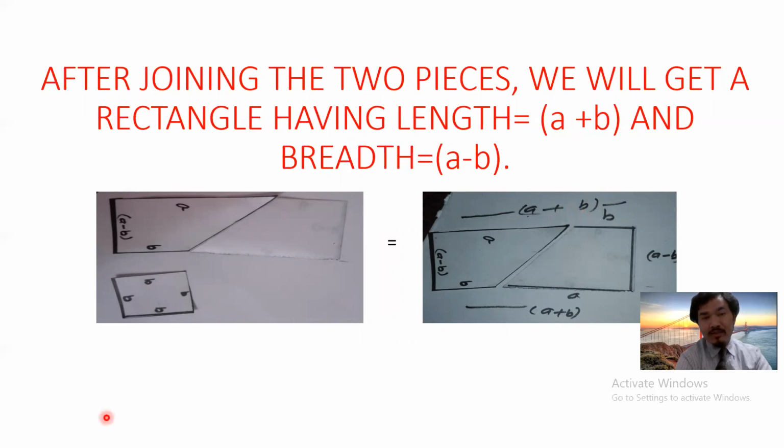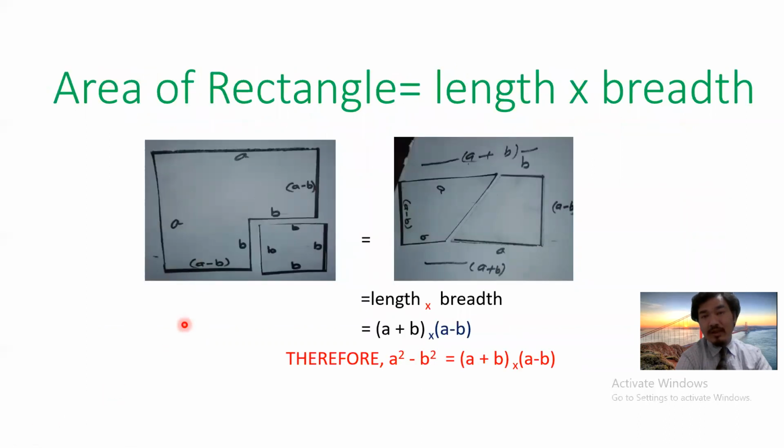Now let's move to the next slide. That is shown here. Look, it was the first one I want to show here. This big square was there at first. Its area was A square. Big one was A square, and from that we had subtracted this area whose area was B square. At last only this part, A square minus B square, was the area. From the big one we subtracted this B square one. That was A square minus B square.